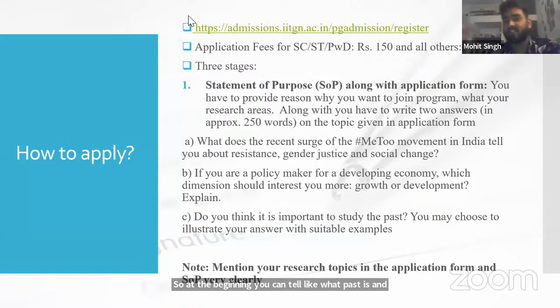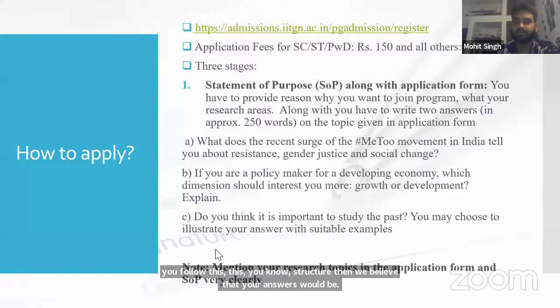can tell what the past has done, what the past has been, and then you can cite some authors, you can write some particular incidents, and then at the end of the answer you can conclude how you see the past, how the past impacts our lives, and how it is relevant in today's time. These are the three to four brackets of a good answer: introduction, body, argument, and then conclusion. So if you follow this structure, then we believe that your answers would be acceptable, they